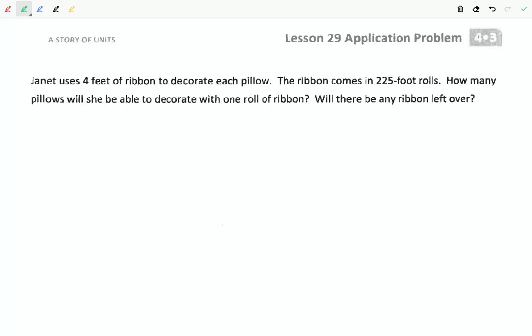Lastly, we have an application problem. It says, Janet uses 4 feet of ribbon to decorate each pillow. The ribbon comes in 225 foot rolls. How many pillows will she be able to decorate with 1 roll of ribbon? Will there be any ribbon left? Okay, so it sounds to me left. In math,